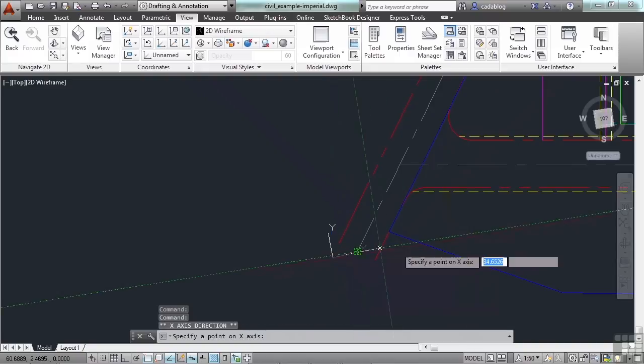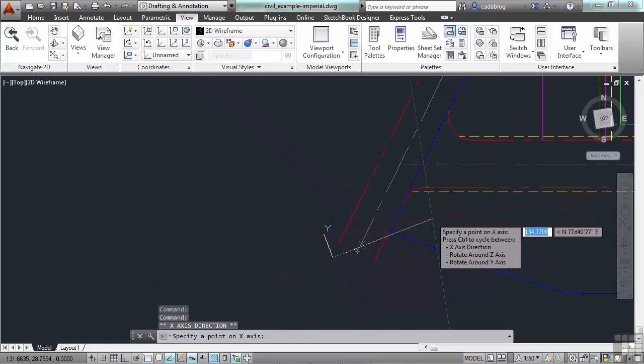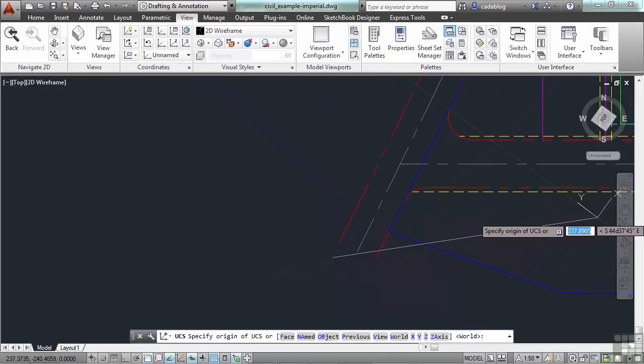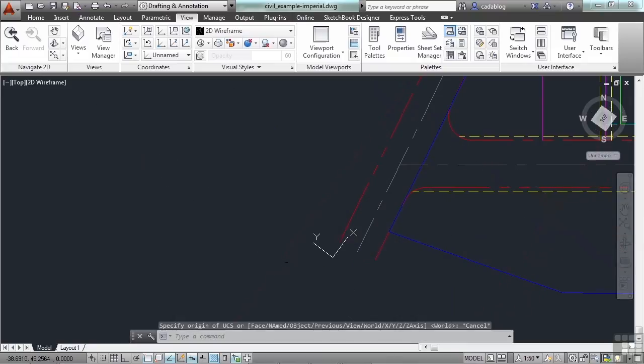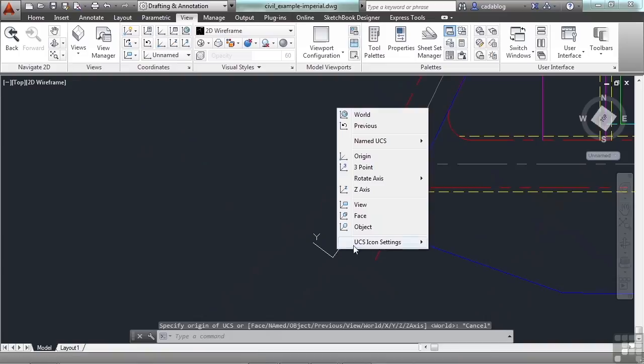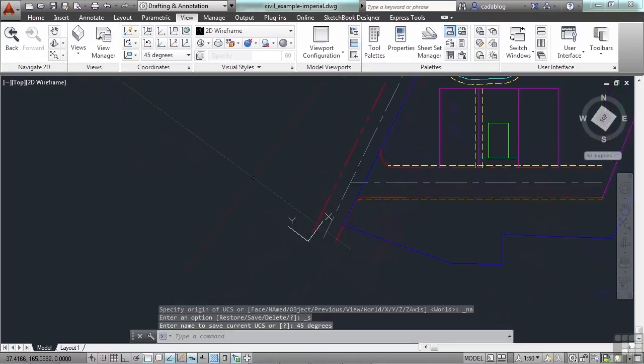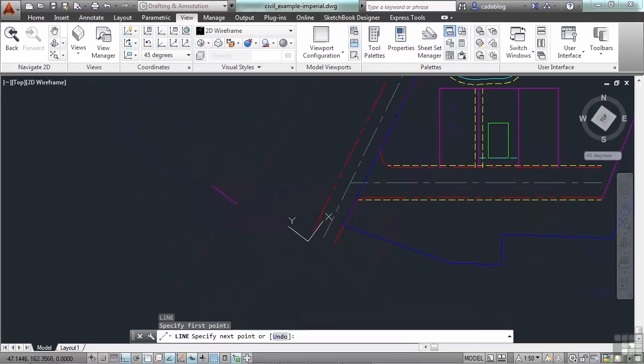I select my UCS and I grip edit it, and I go to 45 degrees. I can save this view, call it 45 degrees. And now, with my ortho turned on, I can draw a box